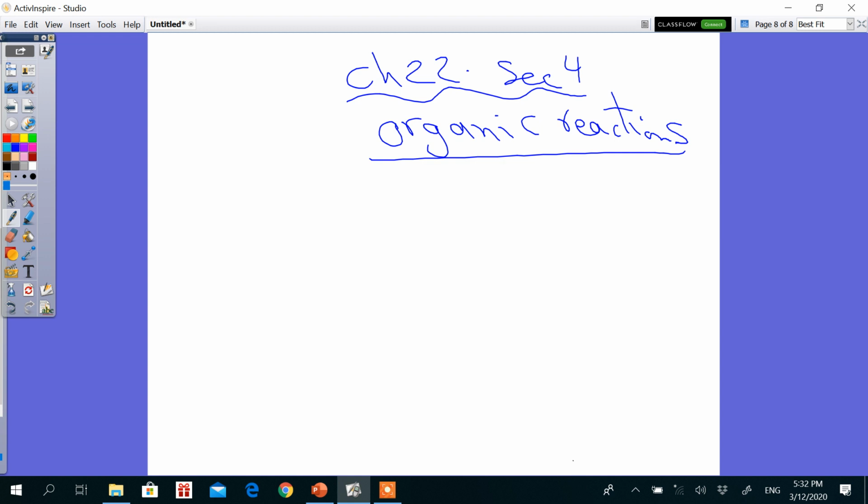In our chapter 22, section 4, we have a new topic called organic reactions. What are the organic reactions which we can discuss? And what are their importance to us? First, we must know the types. Our objective from that lesson is to know the types of organic reactions